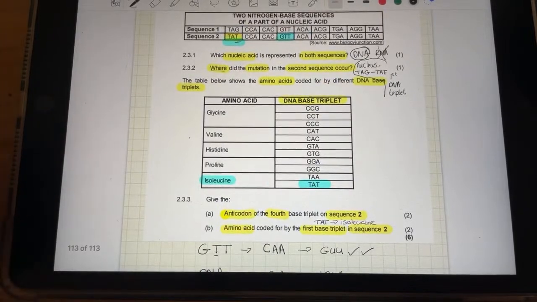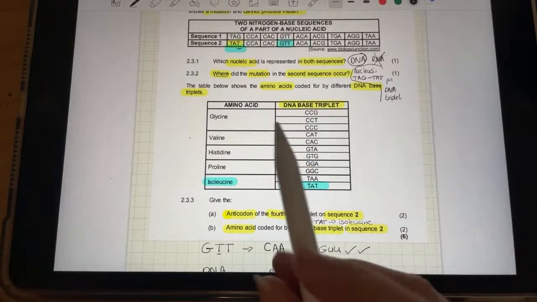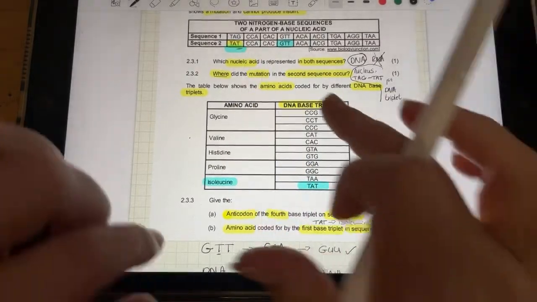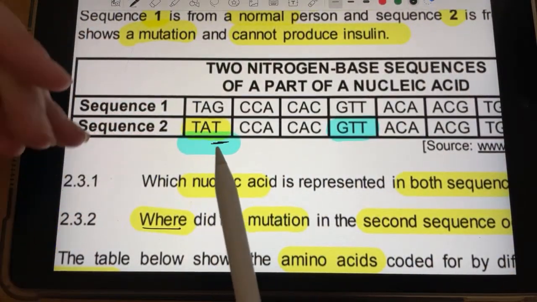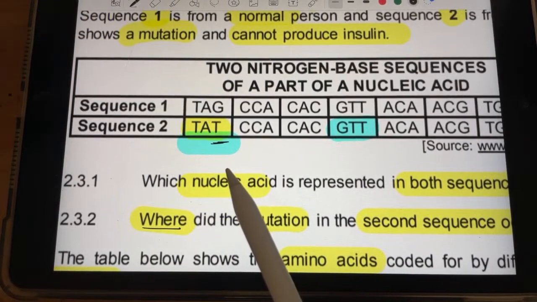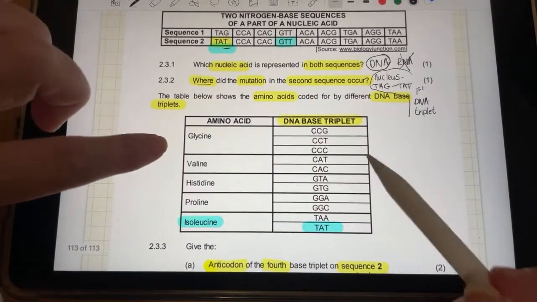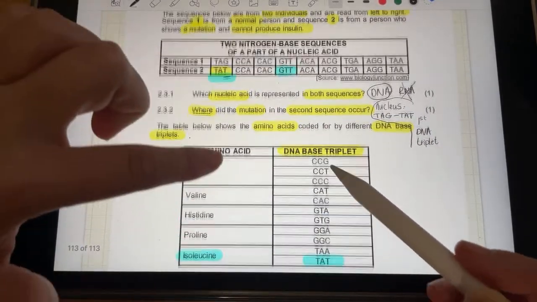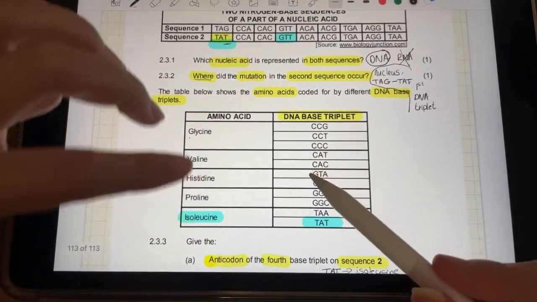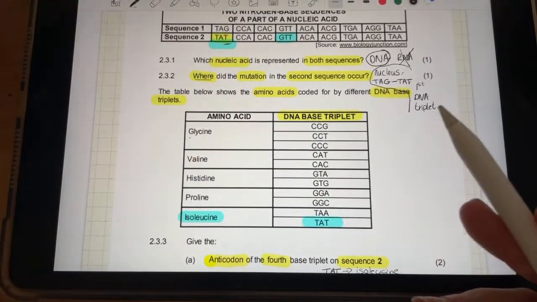The one thing I want to say to everyone before I go on to our last little section for the day, I think there is one more question after this, although I could be wrong. But please always make sure that if the base changes, please actually make sure it makes a different amino acid. Like, please confirm that, okay? So what I mean by that is there isn't a TAG on this list. If you compare it to the original sequence, there is no TAG here. But I need you to make sure that if they ask you any question in the exam, it actually changes it.